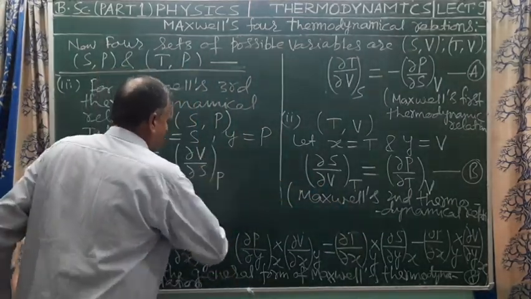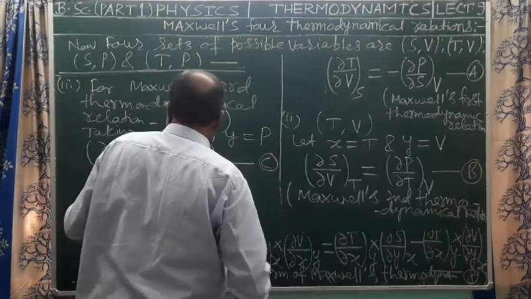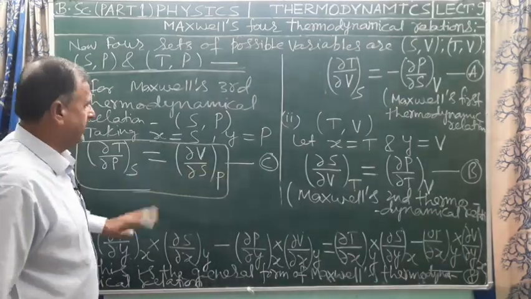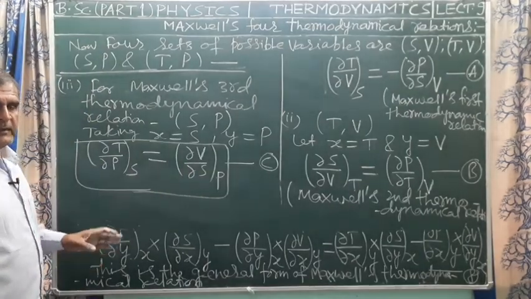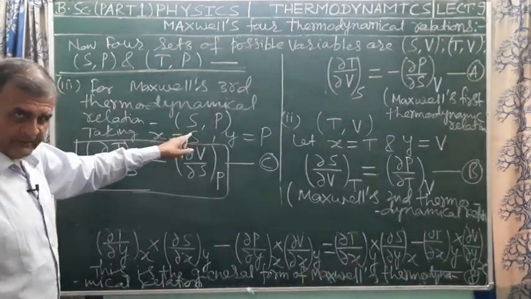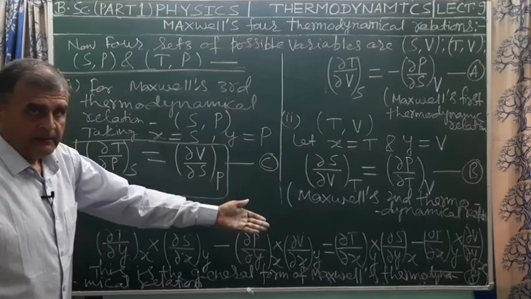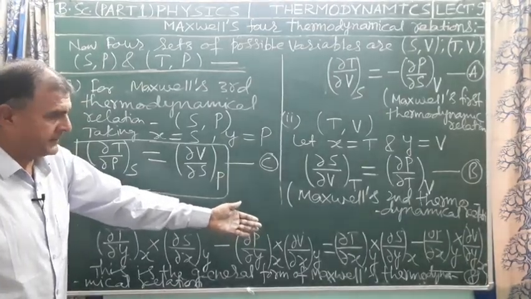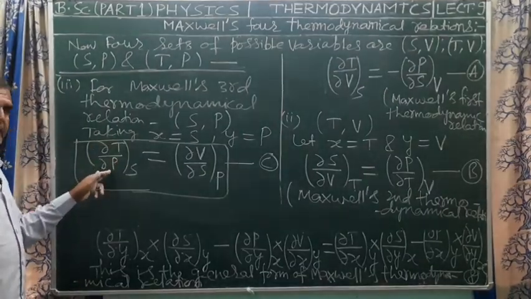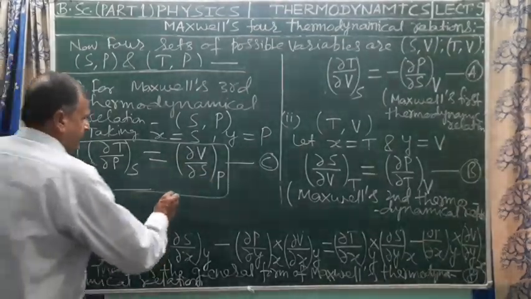So keeping pressure constant, it is C, equation number 6, C, which is Maxwell's third thermodynamical relation, which we have obtained by using the third set of two variables, x equal to S, entropy S, and the other variable in place of y, pressure P, and using the general form of Maxwell's thermodynamical relation given by equation 8, we can obtain this relation, equation C, that is del T upon del P at constant entropy S equals del V upon del S at constant pressure P, and this is Maxwell's